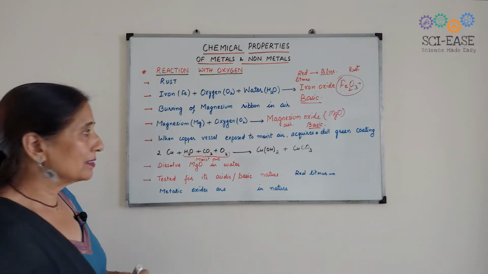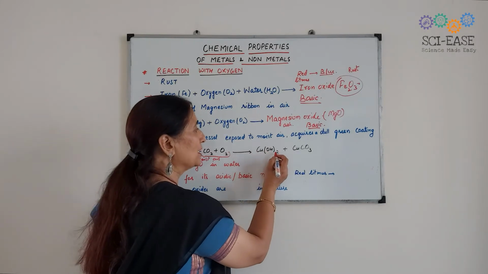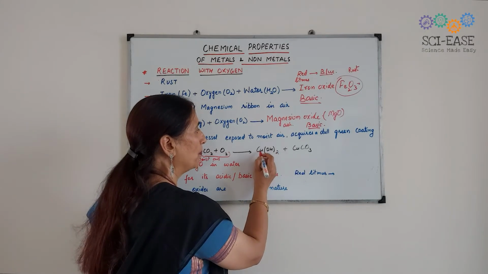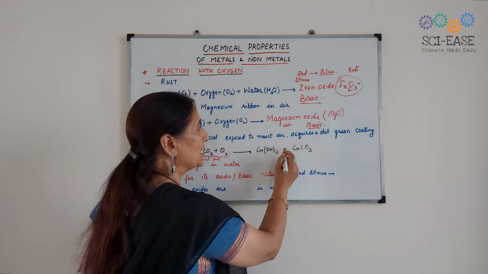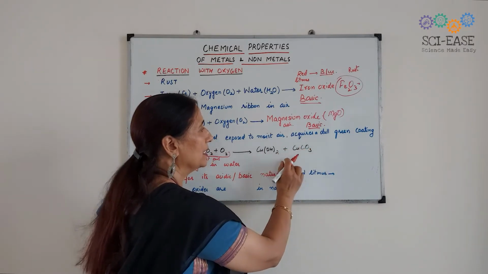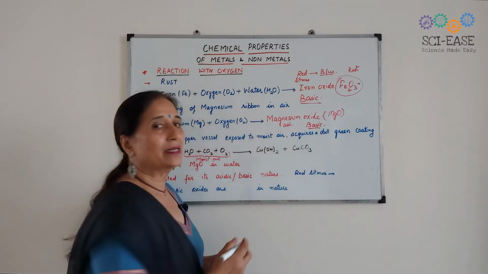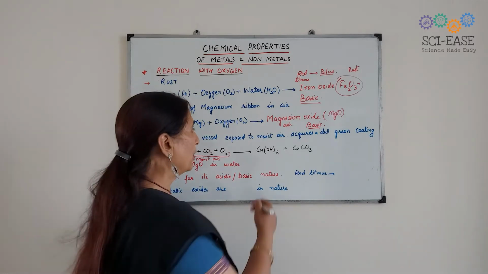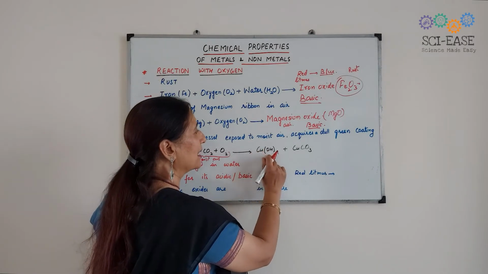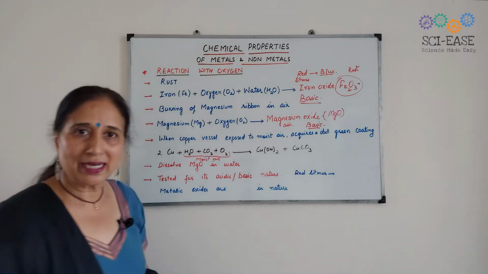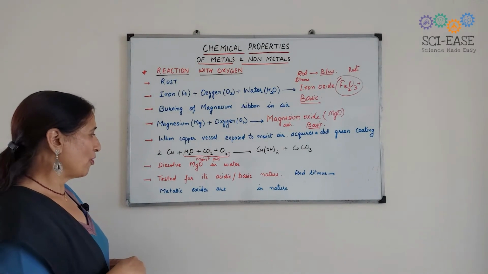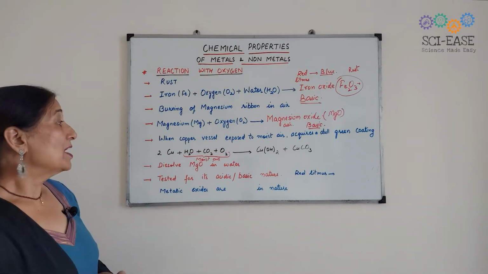What will be the result? Cu(OH)2, that is copper hydroxide, plus CuCO3, that is copper carbonate, will be formed. Or you can say this is basic copper carbonate that will be formed. Okay. Now,